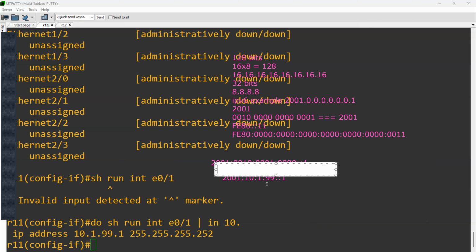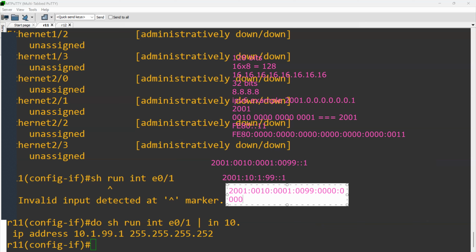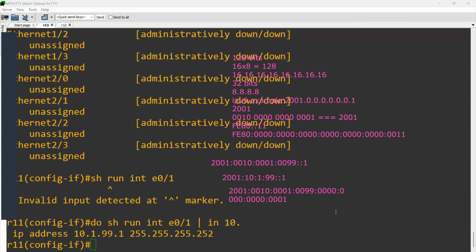Let me try to write the full address so you will understand this. The full address will be 2001, 0010, then 0001, then 0099, then 0000, and 0000, then 0000, and then 0001. So this is the full IPv6 address, but if you want to shorten it,